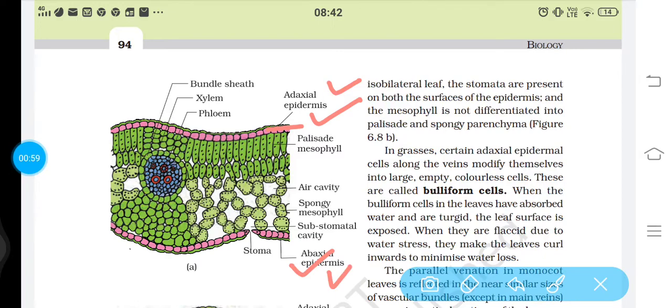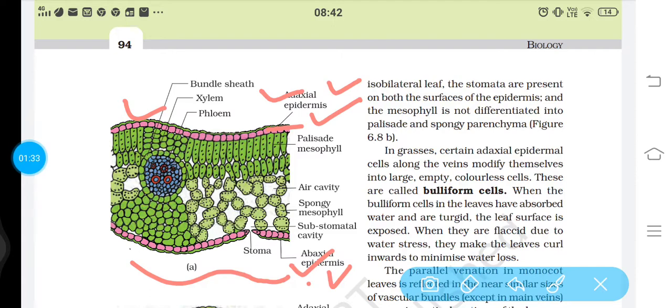Stomata are abundant on this abaxial surface because they have to resist excessive water loss during the summers or during windy or stormy days. That's why stomata are abundant on the abaxial epidermis, while on the adaxial epidermis they might be present in a meager amount, the very least amount, or they might be absent also. The epidermis has one layer which is resistant to water, with a waxy coating. That coating is called cuticle.